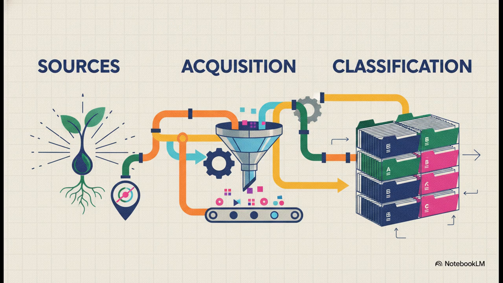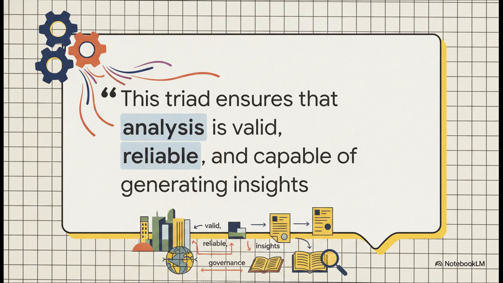If you've got a fantastic source but terrible classification, your analysis fails. Got a great structure but a flawed acquisition method? Yep, your analysis fails there too. And hey, this isn't just theory. Following this exact three-part process guarantees that the analysis shaping our real world is actually trustworthy. When we respect the triad, we ensure our analysis is valid and reliable. And it's that reliability that generates the insights guiding actual policy, directing governance, and pushing forward academic inquiry. Basically, the decisions that shape our society rely entirely on the integrity of this very triad.